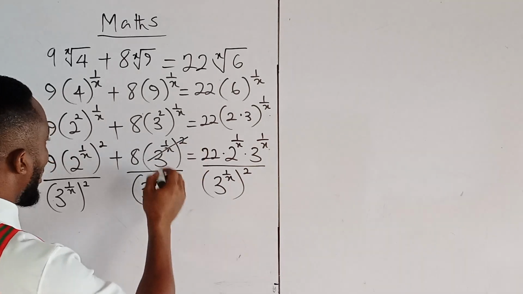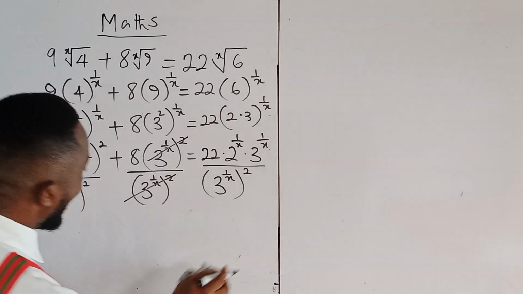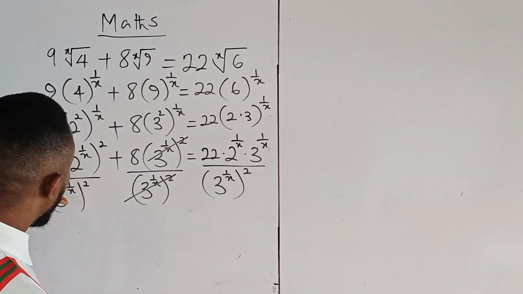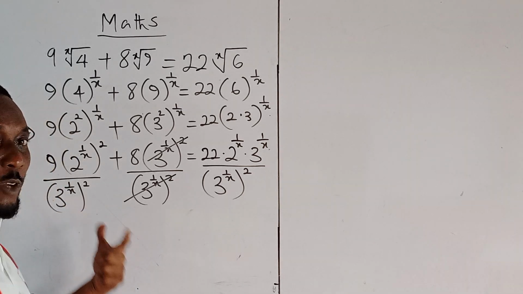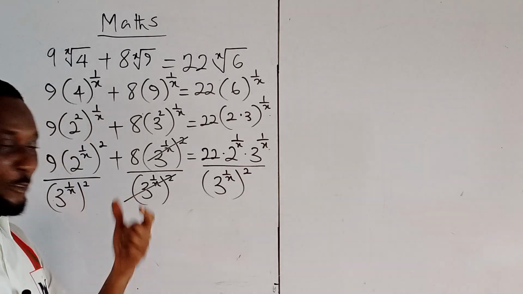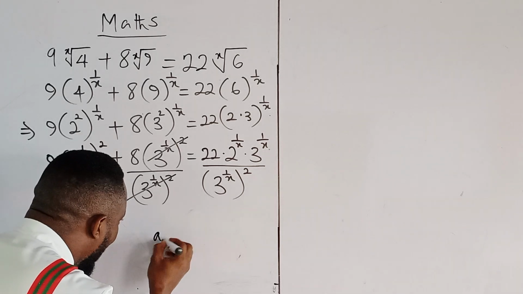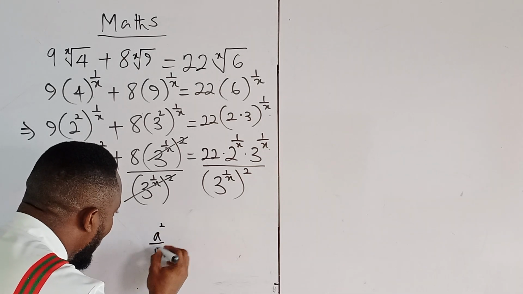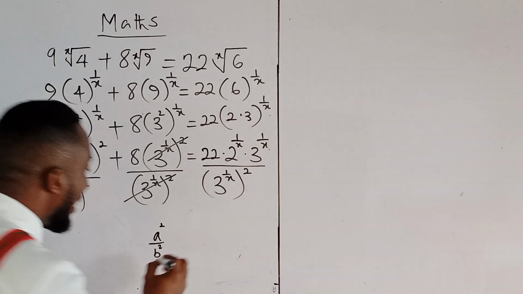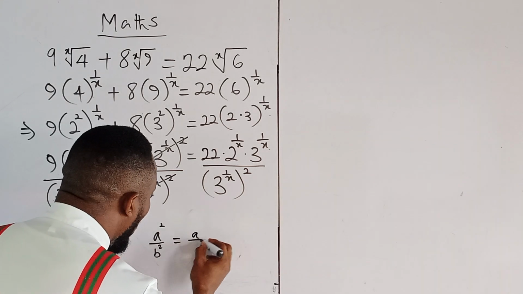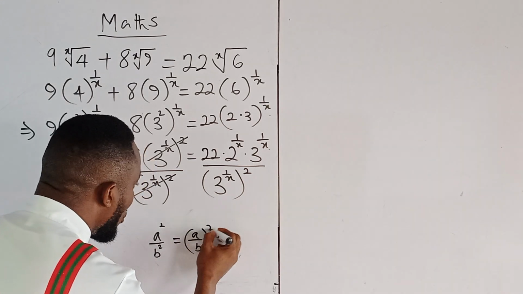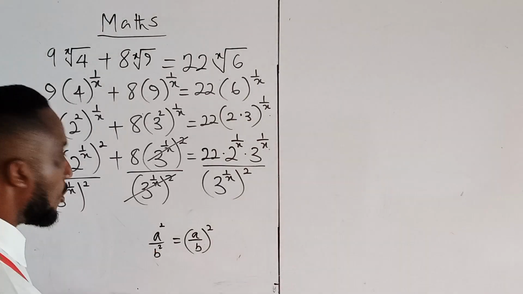So this term is going to cancel out. Then for these guys here, I can use another property of exponents. If I have a squared divided by b squared, I can write this to be a upon b whole squared. So with this,